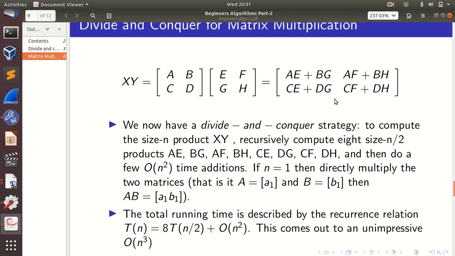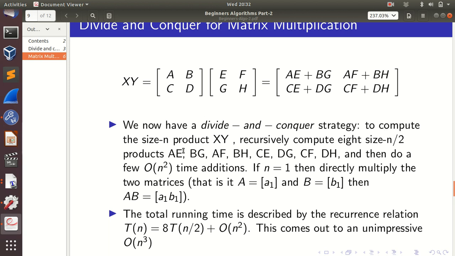And so basically what we are doing, we are taking a bigger instance, say n cross n, and then we are dividing it into smaller instances. Like here, all we need to do is find the product of n by 2 cross n by 2 matrices. So basically, we have divided our actual problem into 8 smaller problems. See, 1, 2, 3, 4, 5, 6, 7, 8. So that's what it's written here.